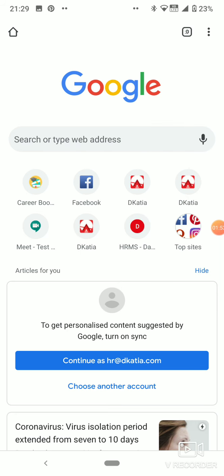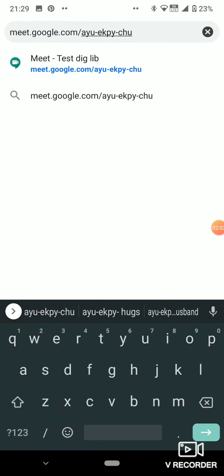Now paste that link to the search or type web address. Now click onto enter.